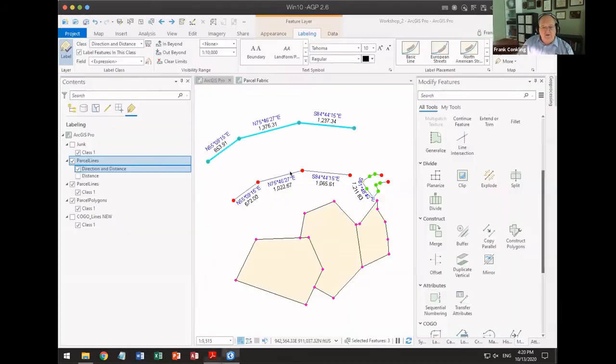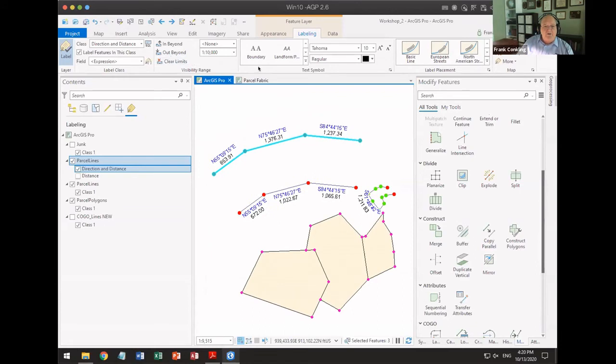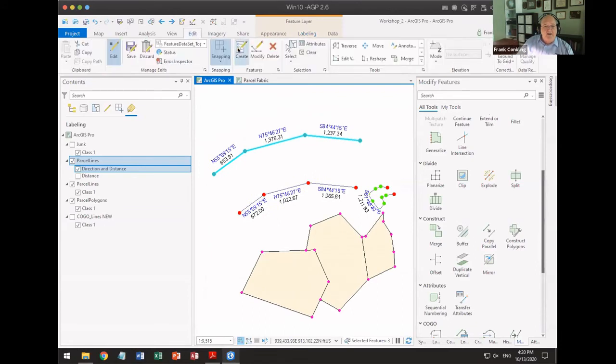All right, so let's talk about the divide tool. So the divide tool, let me go back here to edit and select. So the divide tool, and this is an interesting part, is that one of the things with ArcGIS Pro, and again, I'm not sure how many of the people in the audience are familiar with ArcGIS Pro and the design philosophy behind it,